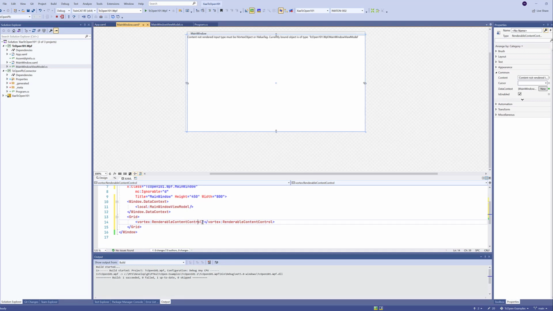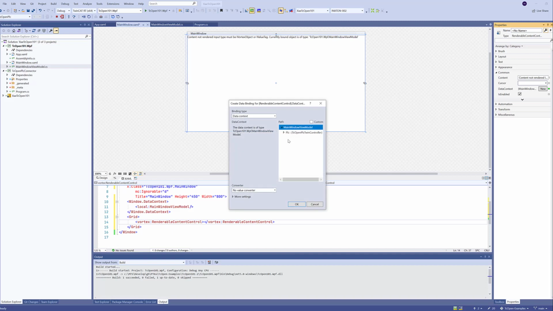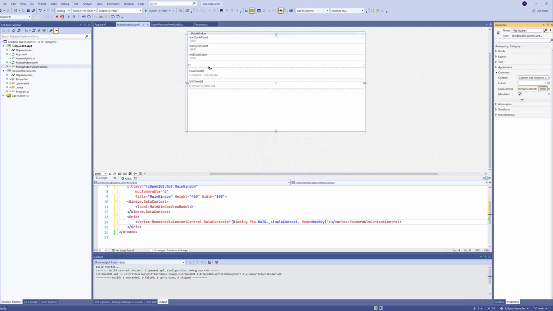Okay, and now we will need to set the data context of this renderable content control, which will be PLC main and simple context. Okay, so what we get here are the variables that this renderable content control was able to render in the UI, but